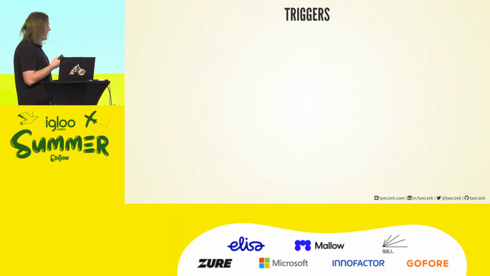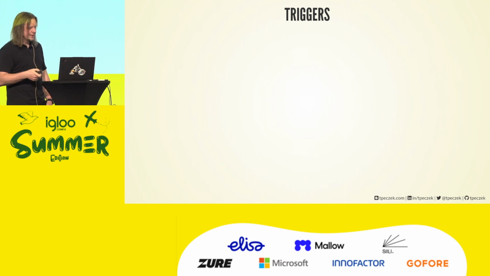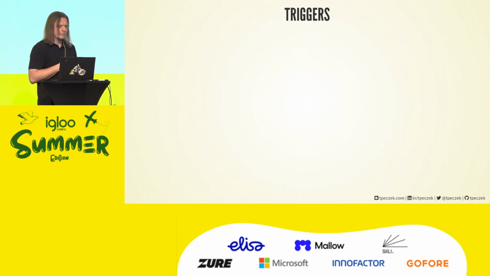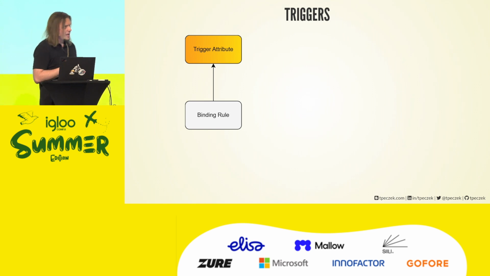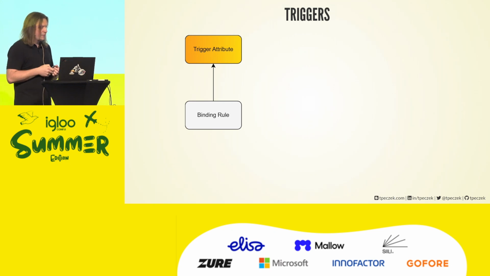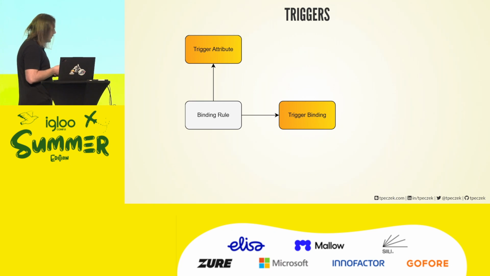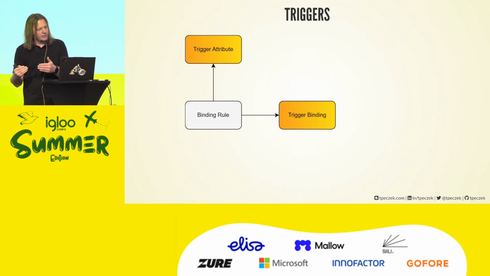Without triggers, nothing would really work. I mean, we can try to base things on timers. I don't know if I would use Azure Functions for that, right? So triggers actually are the thing that makes functions make sense. And triggers are more complicated than bindings. They start kind of the same because there is that attribute, there is that binding rule, but triggers have to actively deal with both of those further contexts, the definition one and the invocation one. For the definition one, they have a trigger binding, which is responsible for creating the definition of the trigger for the definition of the function.